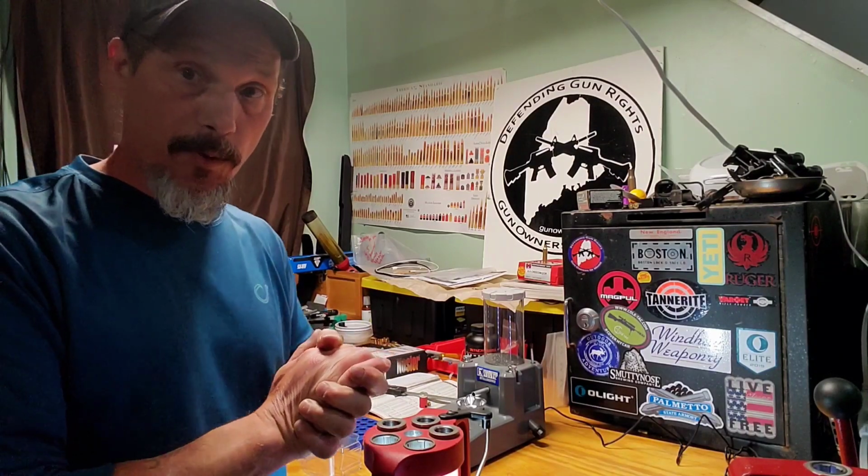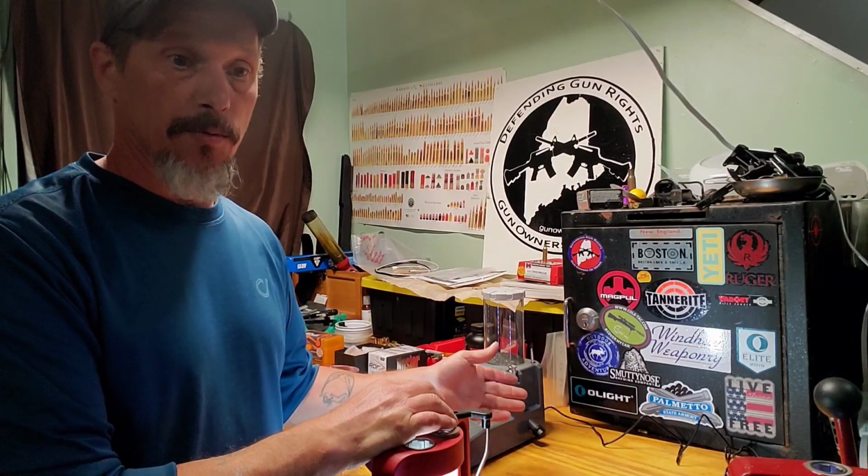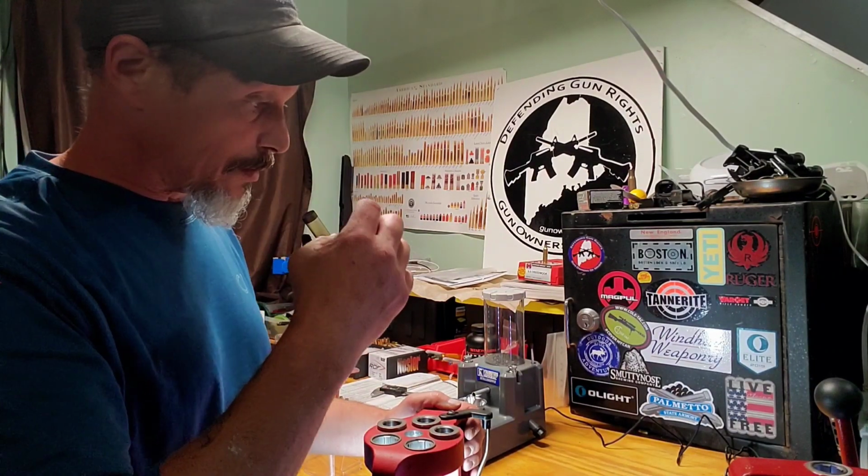It's really convenient throwing powder. It's not very convenient when you're done and you have powder left in there to put back into your jug. So, all right. I'm going to run through the rest of these loads, and